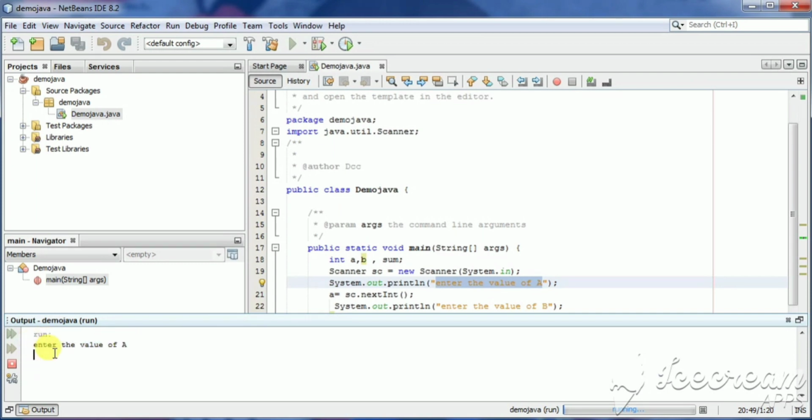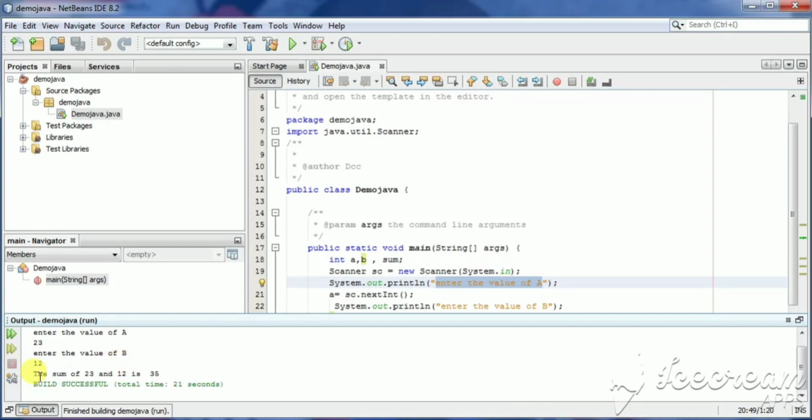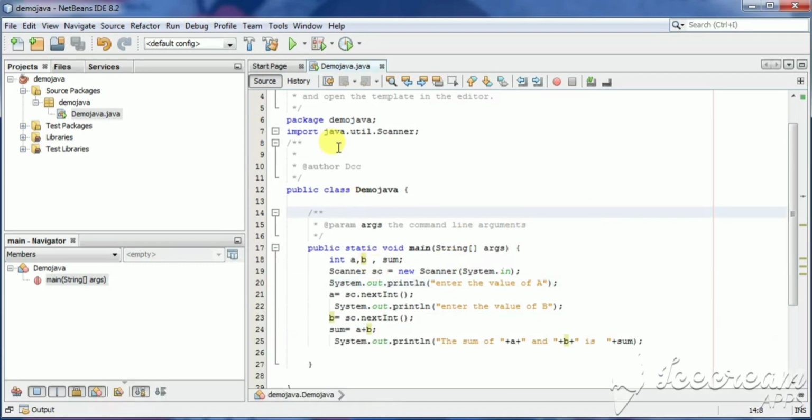I type 23 and then it will ask for the value of b. I type 12 and here you can see the output: the sum of 23 and 12 is 35.